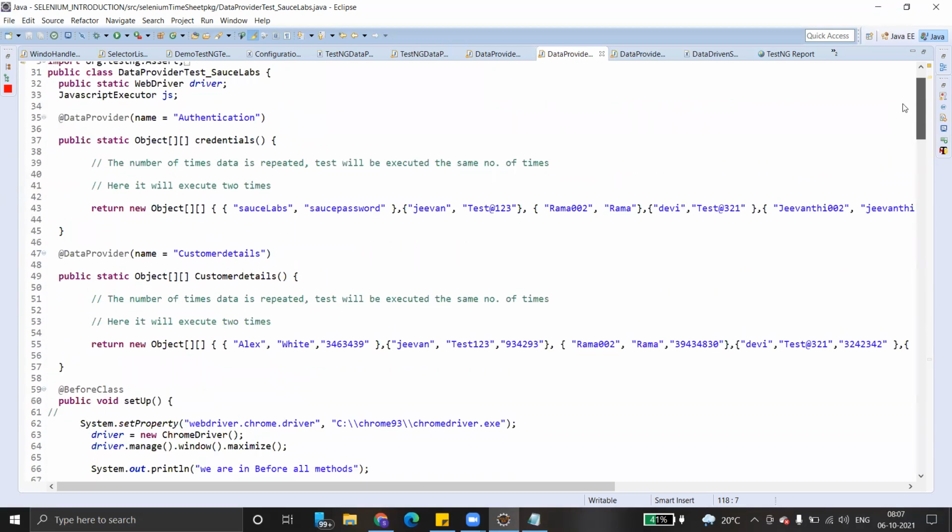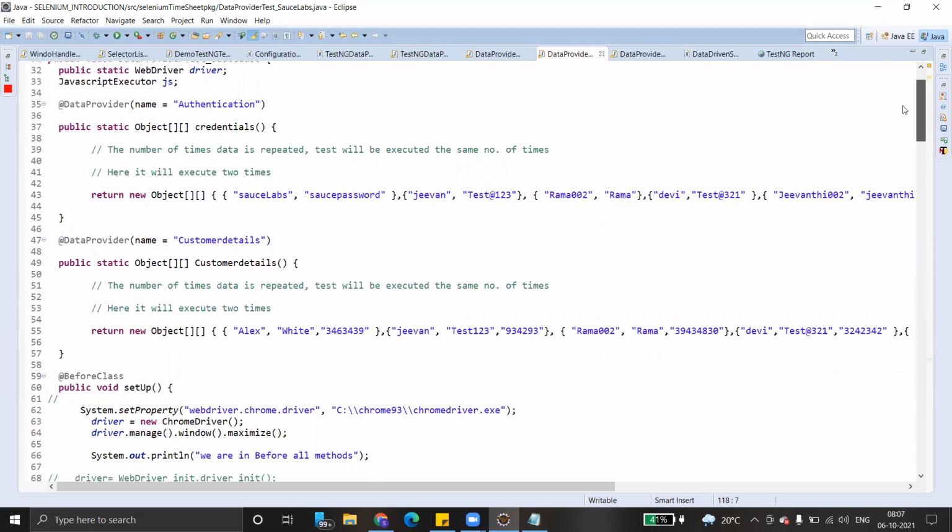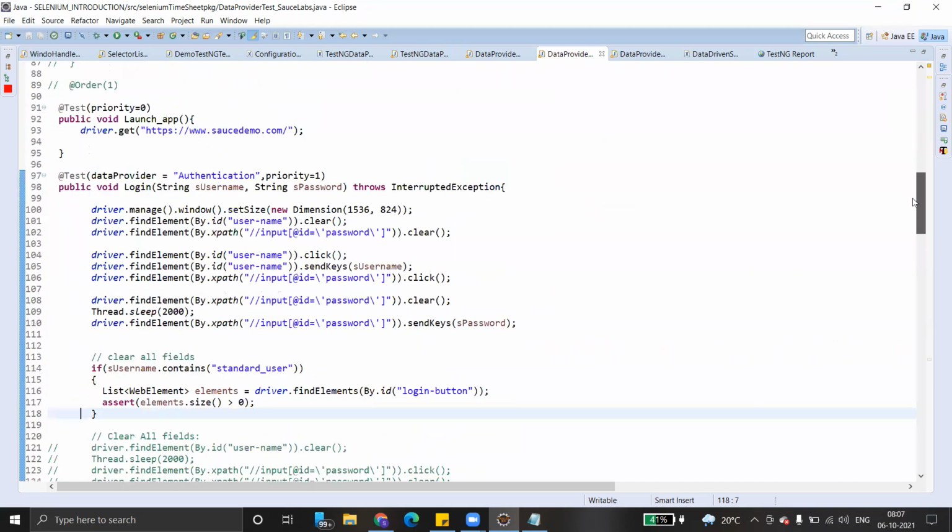Okay, clear? So are we passing that data provider equals authentication for multiple methods, right? No, not required. Username is only useful for login, right? Other functionalities can't use it.